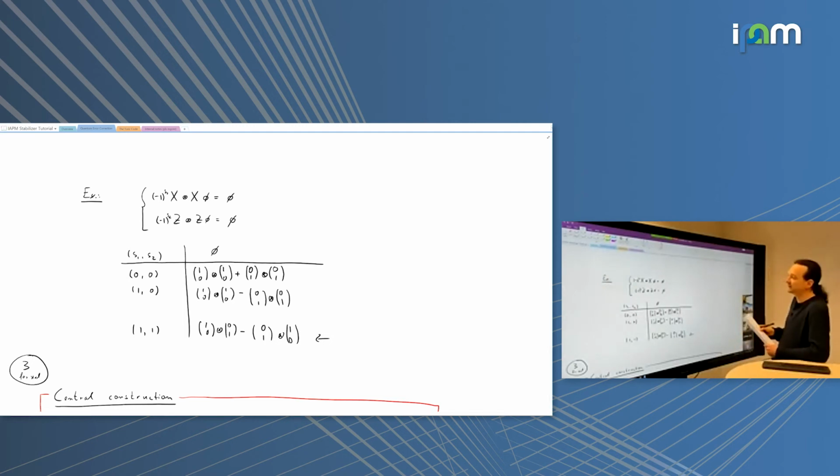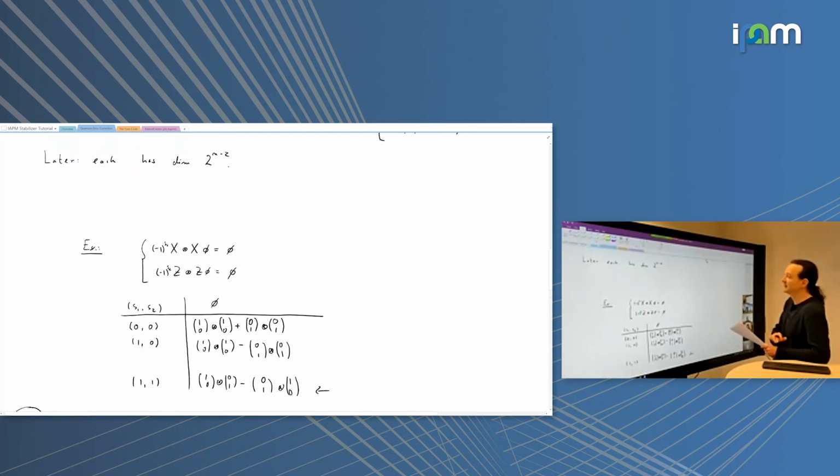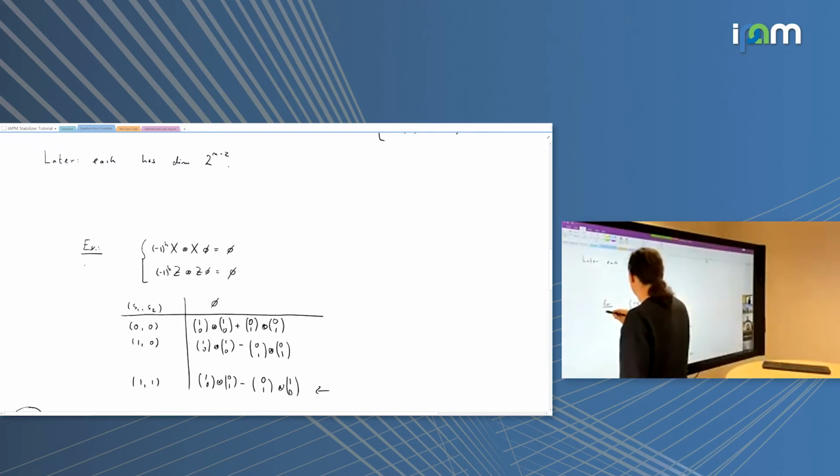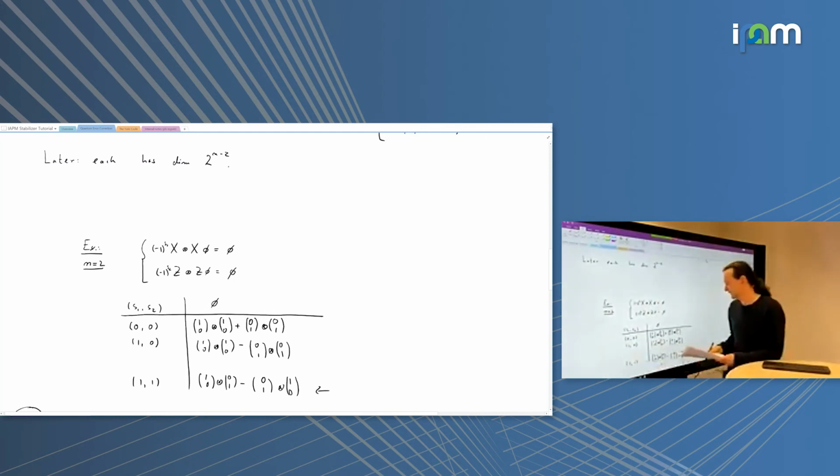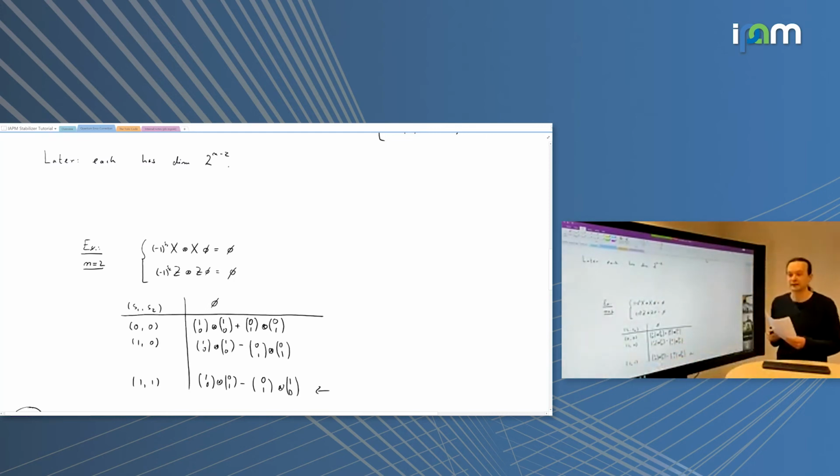But so what we have done is indeed, so the claim was that all these eigenspaces that we have, they have equal size, I mean 2 to the n minus 2. In this case, n equals 2. So we have 4 eigenspaces of dimension 1, and this is in fact true. We found one eigenvector for every combination of eigenvalues.